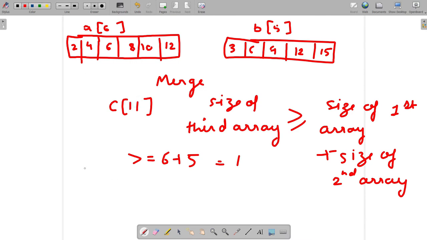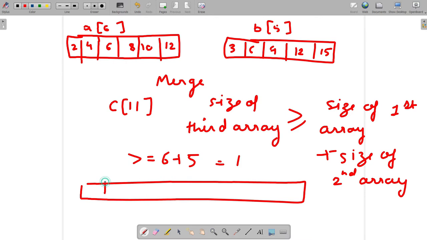Then how to combine this? Simple. First copy all the elements of the first array, 2, 4, 6, 8, 10 and 12, and then copy all the elements of the second array. This is the case when arrays are not sorted.